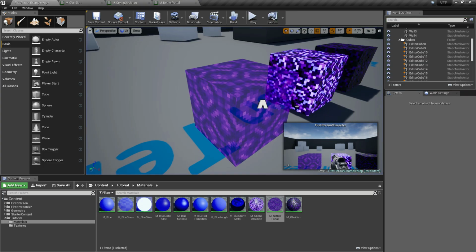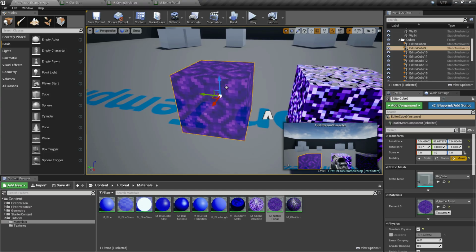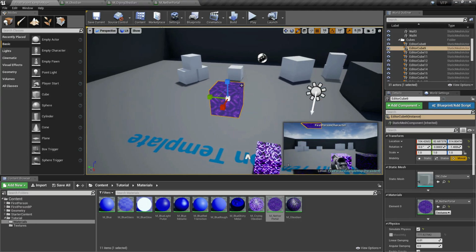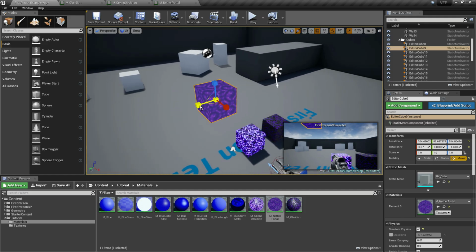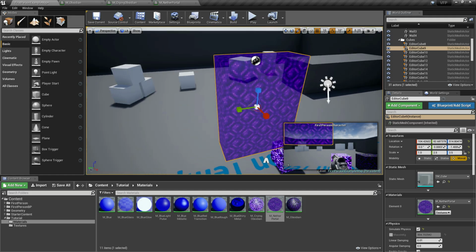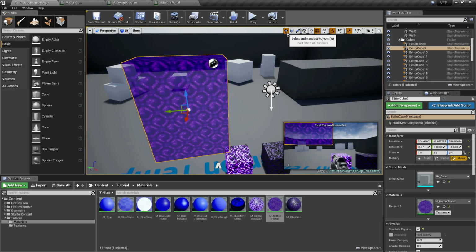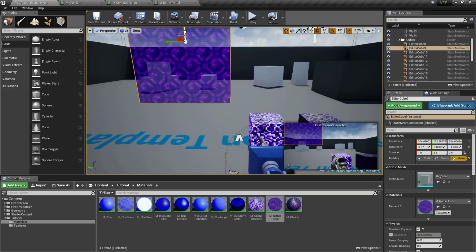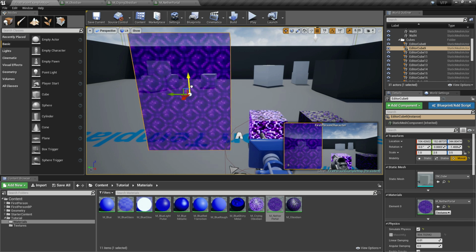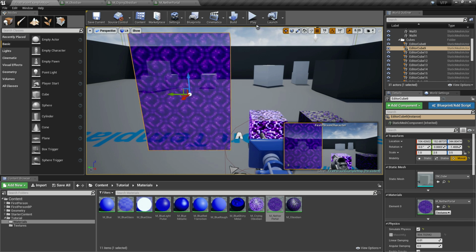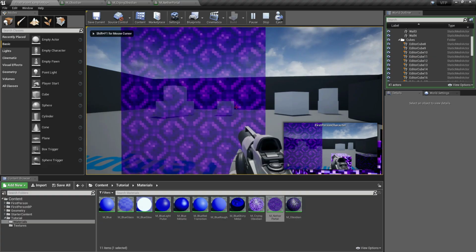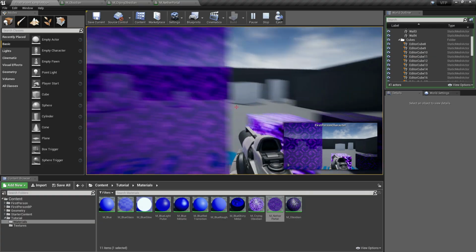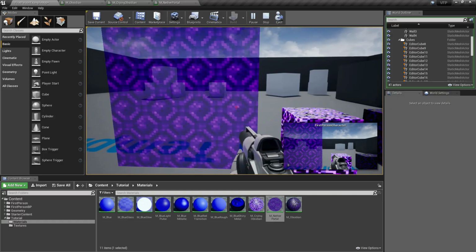So when we resize this object, so let's move this. You see how flexible the object is when we applied the world aligned texture to it.